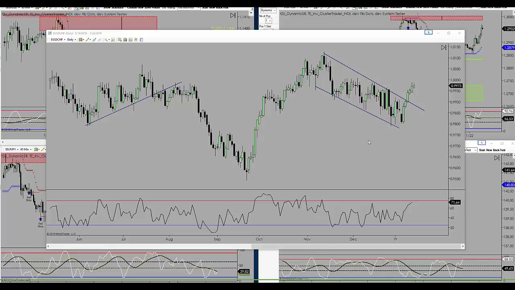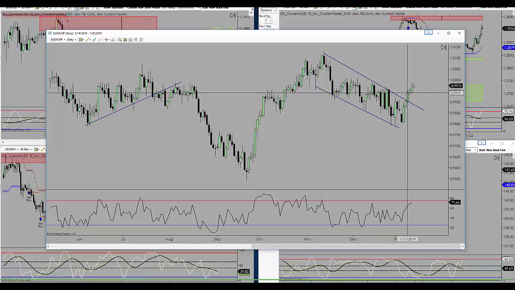Let's take a look at some of the foreign exchange currency markets. I've got the USD CHF up on the chart. Had a couple of really nice trend lines here that have been broken. You'll note most recently that we've had a high-to-high trend line right here. We recently took that out,